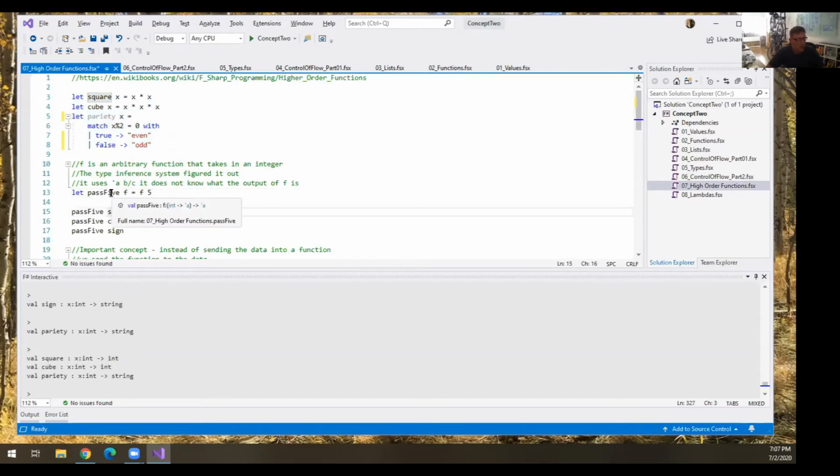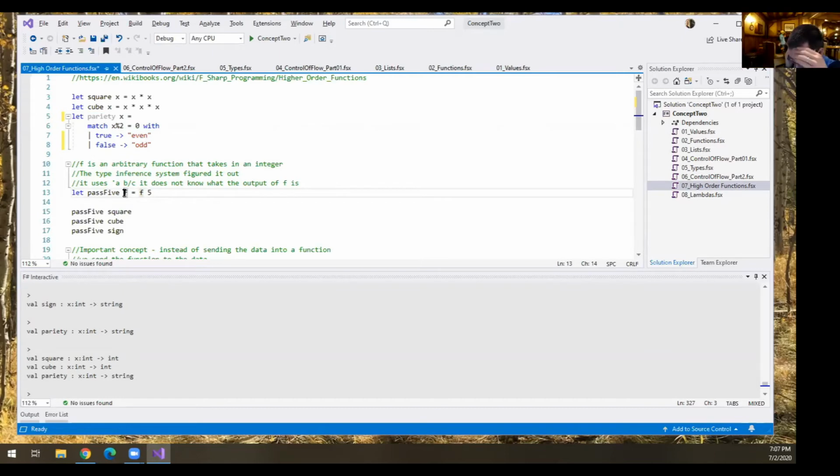But here we go. I'm going to create another function. This function has 1 parameter. You know what that parameter is? It's a function. Yep, that's why I called it f. It takes in a function, and then it takes the function and says the result of it is I'm going to take this function and pass in 5 to it. So what does a function signature have to be? Well, it has to take an int because I'm passing a 5 to it. And I don't know what the output is, Mr. Polymorphic guy. There's the output. It's generic. Tick A. Right?